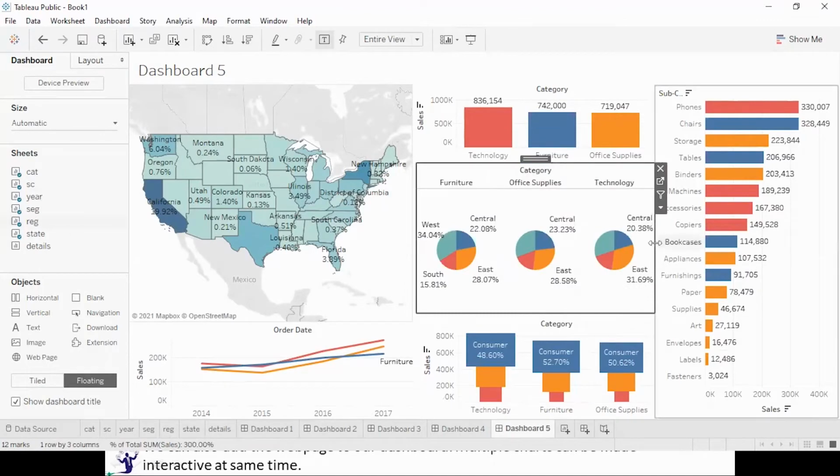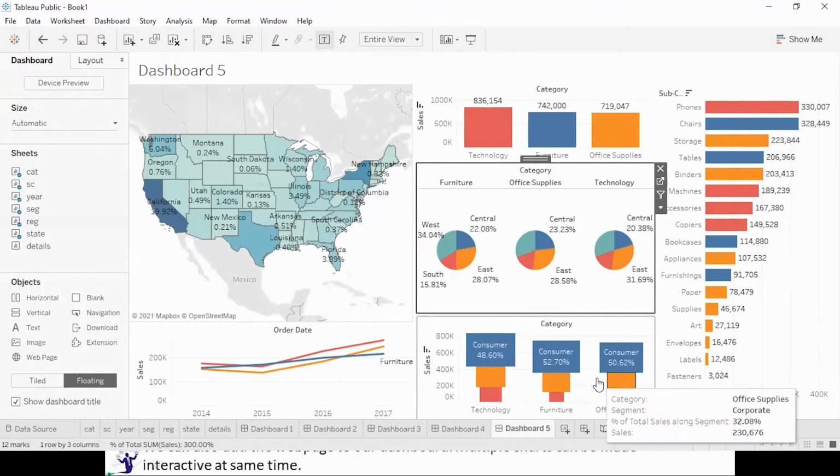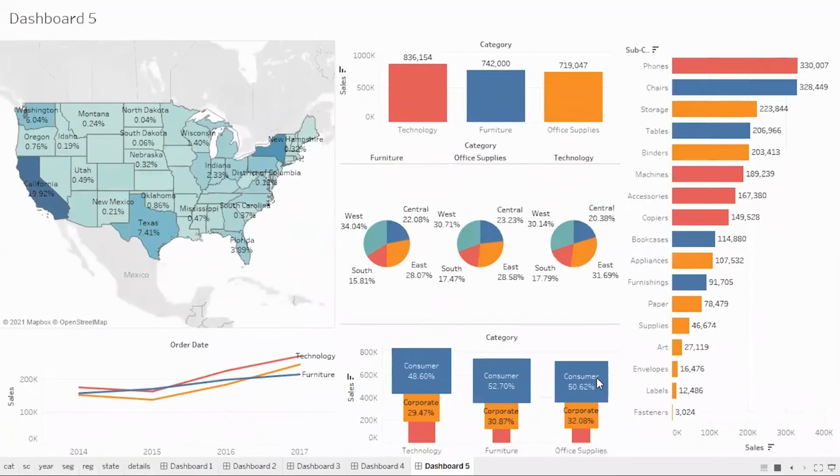Let me reduce the size of this. Here it goes. So either you can keep it as floating or you can keep it as tiled. If you want more control, take it as floating. If you want to make it more easily, you can take it as a tile, depending on your requirement.